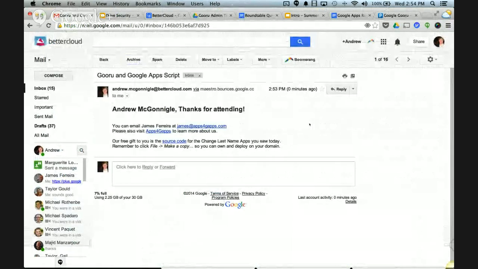And of course, those of you that have filled out the form, you're going to be seeing the same screen here, where you're getting a thank you. We knew your name, so we were able to put your name in there and thank you. So you're getting a very customized letter. And down at the bottom, if you notice, we're also giving you access to the source code of the last name change